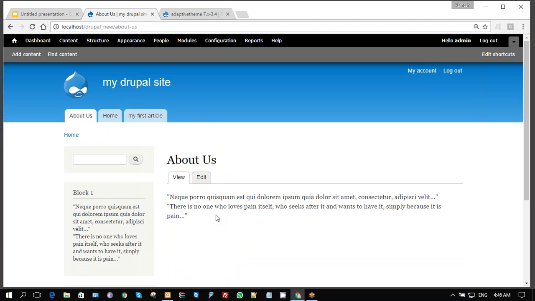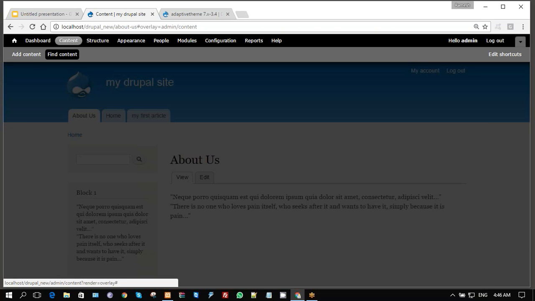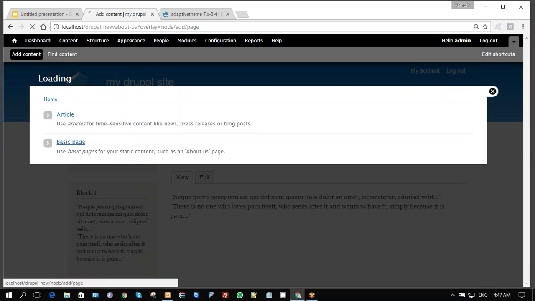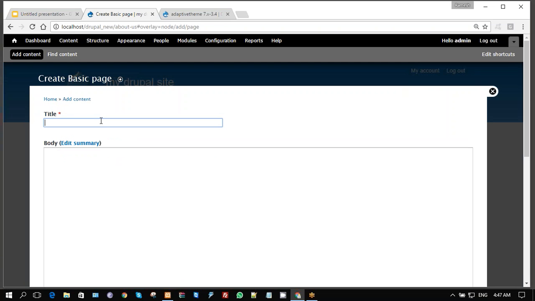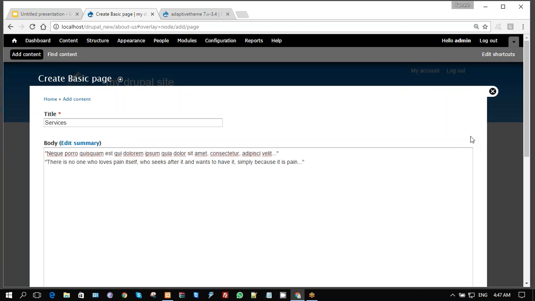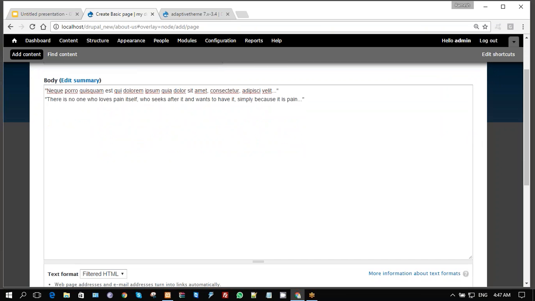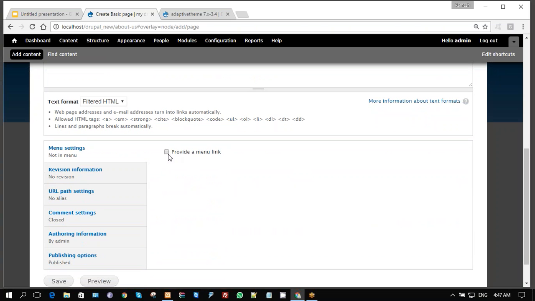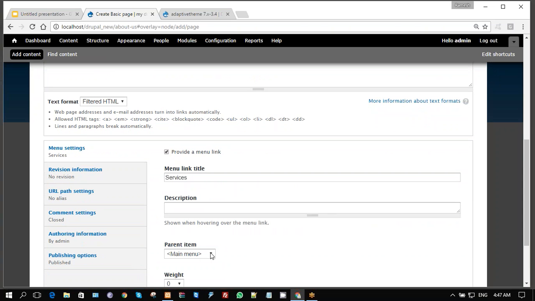And let's create one more static page. Say we're going to create a page: add content, a basic page called services, and put some dummy text. I don't need to put the dummy text, I'm using the dummy text. You put your content there and then provide a menu link and make sure that it will show up in